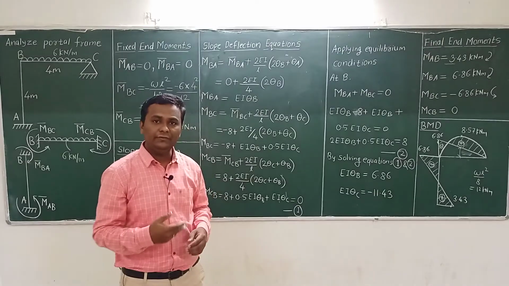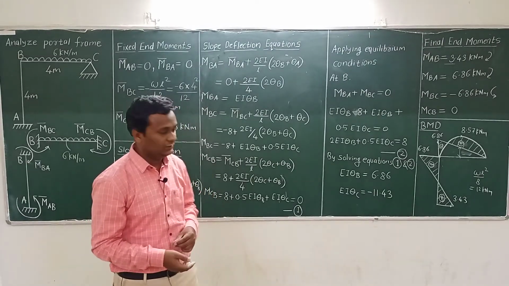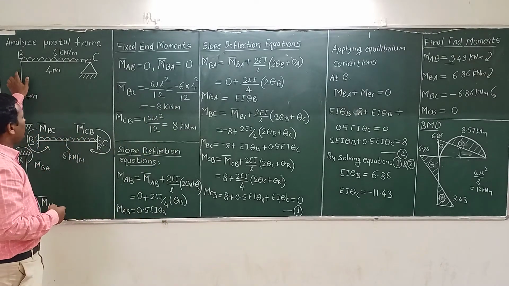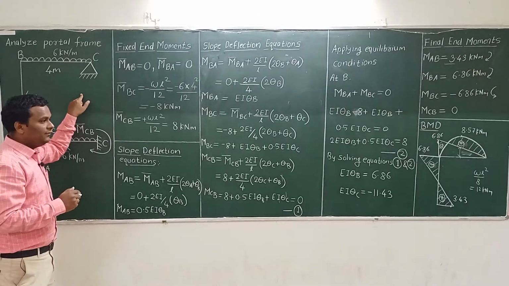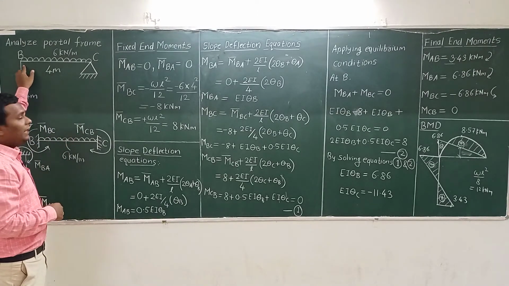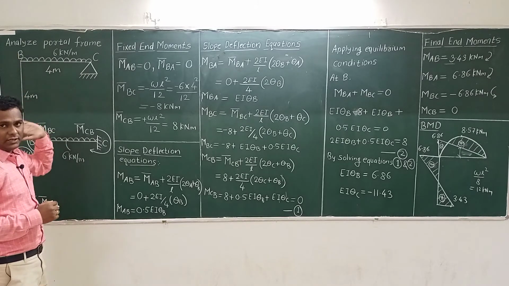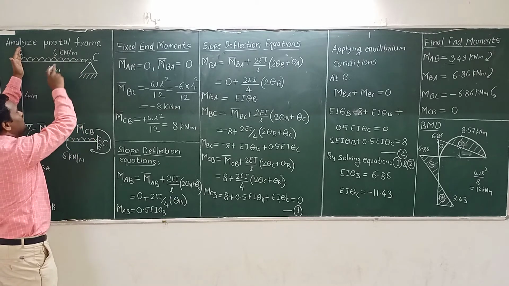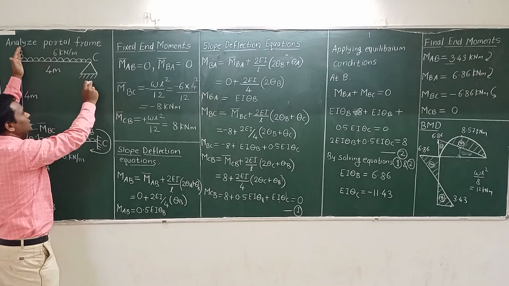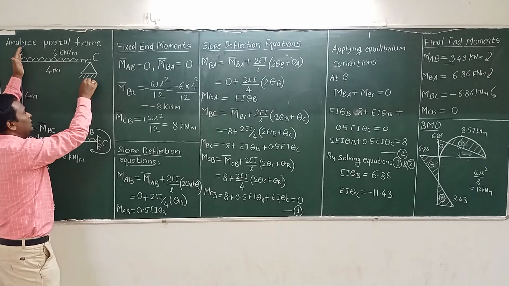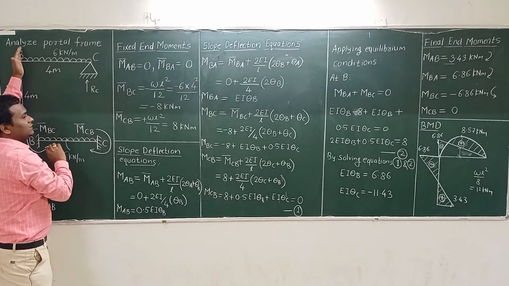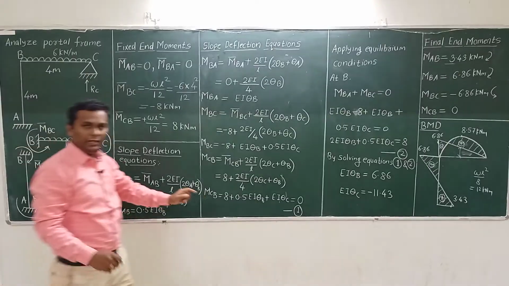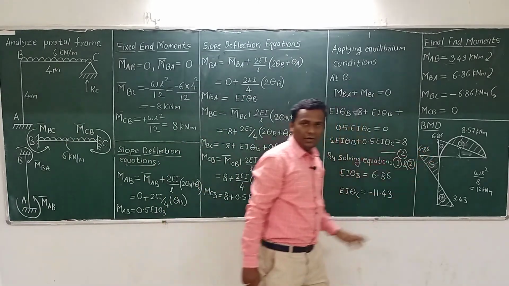But for shear force diagram, we need calculations of reactions. Now in this case, if you know the values of bending moments at a point A, at a point B, and at a point C, for example, if you know the value of bending moment at B, and if you take a section at B and divide the structure into two parts, and consider the right part of the section, which consists only of this beam and this support, you can easily calculate the reaction at point C, that is RC. We already know that bending moment at B is 6.86, which is hogging in nature.